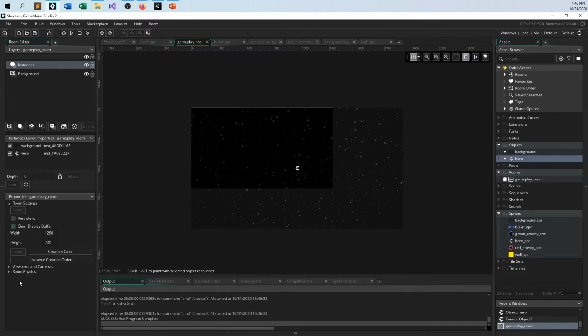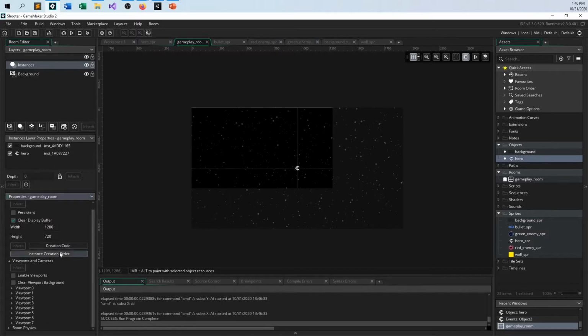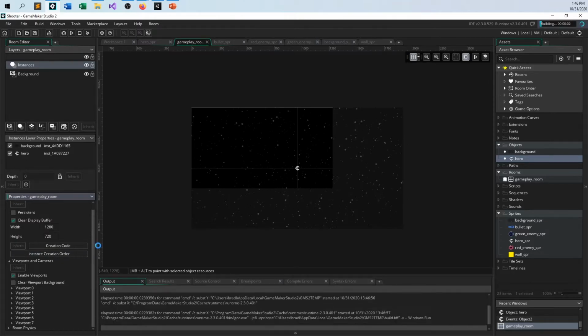for the room. And there's that viewports and cameras. And like, okay, I want to set this up. And so you have to do two things. If I just click enable viewports and then run the game,